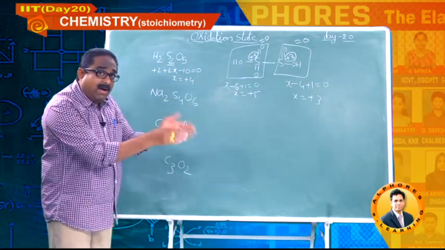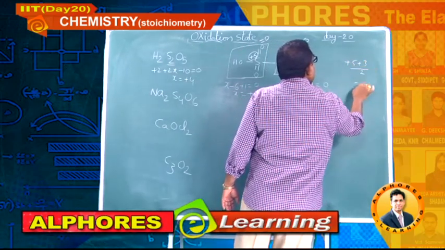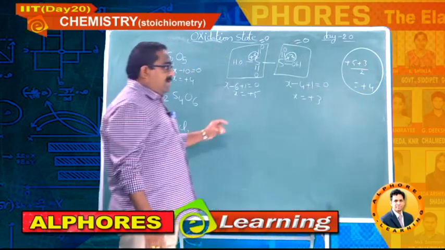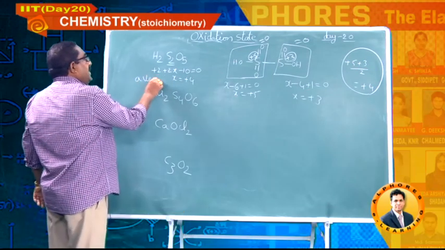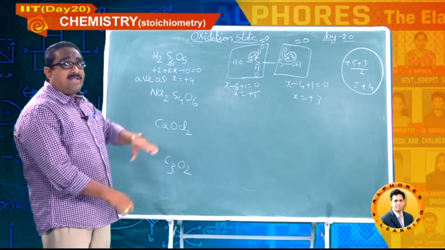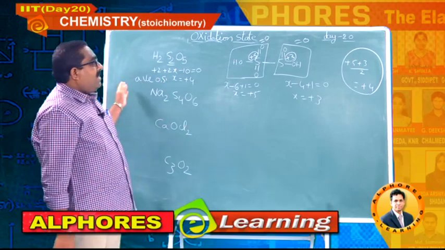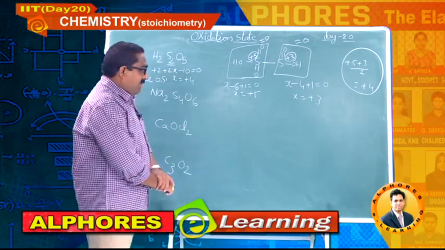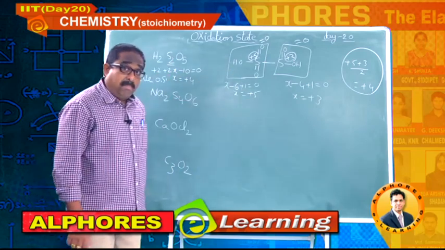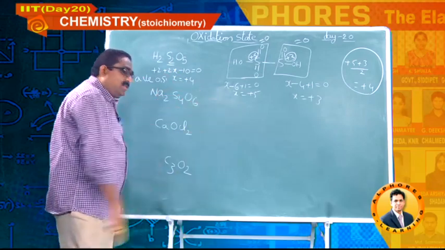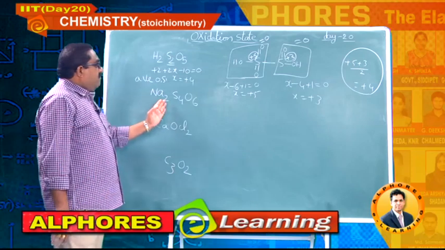Let me do the average. Plus 5 plus 3 divided by 2 sulfurs, it is plus 4. Now, if you observe here, you can simply say the average oxidation state of sulfur here is plus 4. What are the rules we have to calculate? And the individual oxidation states are again different. One sulfur possesses plus 5 and the other sulfur possesses plus 3. So, the average you will get is plus 4. Okay? Note it down, right? And let me go for the second one.